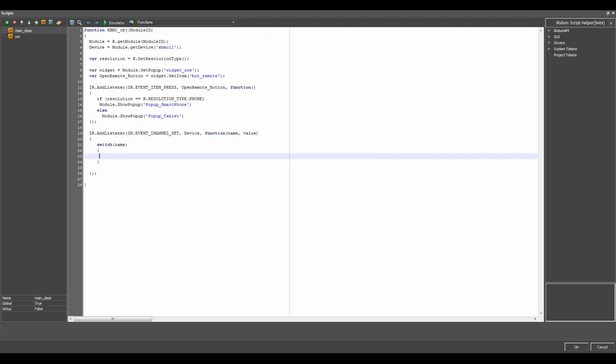So now I should use the switch construction. Okay, now if somebody presses up, then I should call my device and send to it the xbmc command. I copy it.